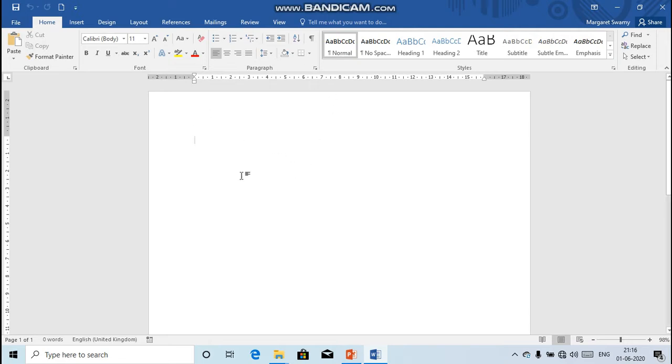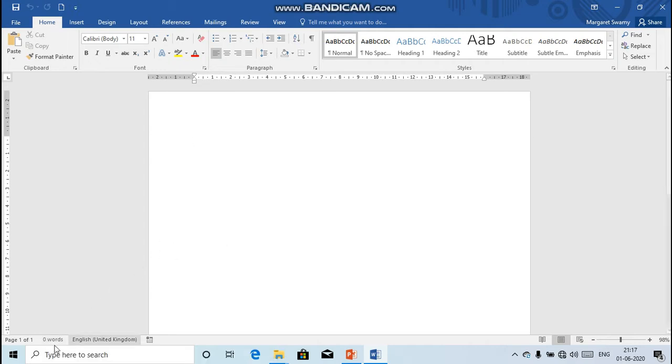At the bottom of the Word document, we can see the status bar. Here we can see information about the current document, like the page number and the number of words written in the document.